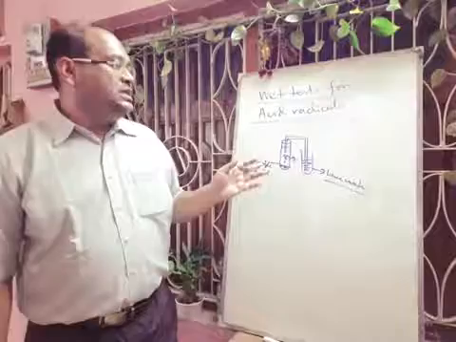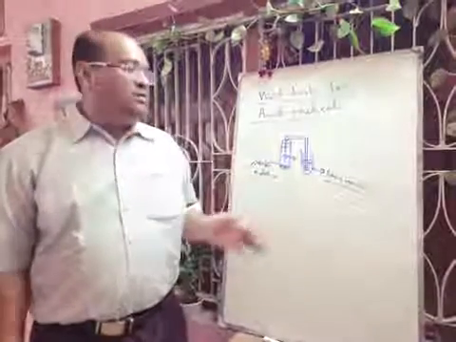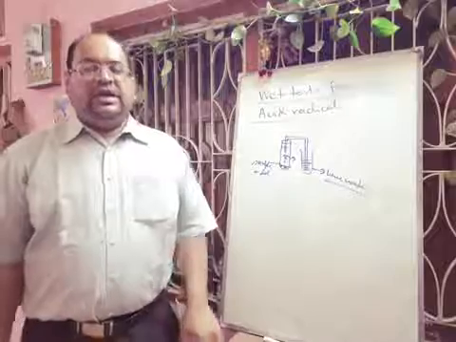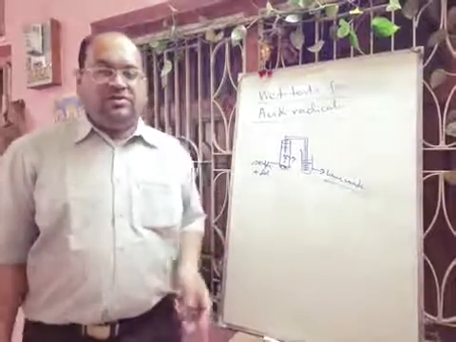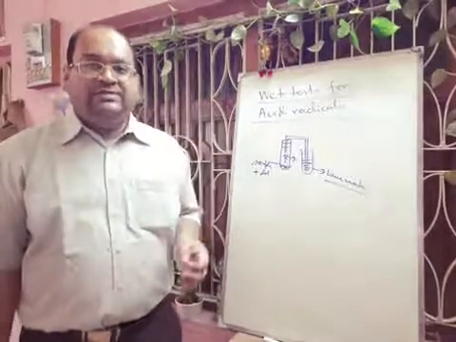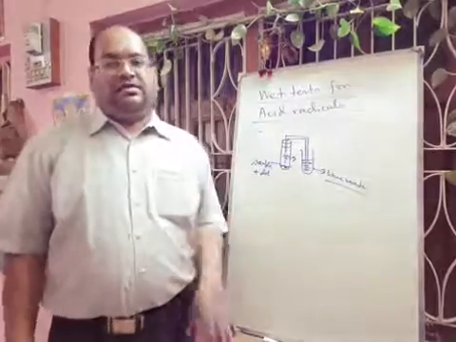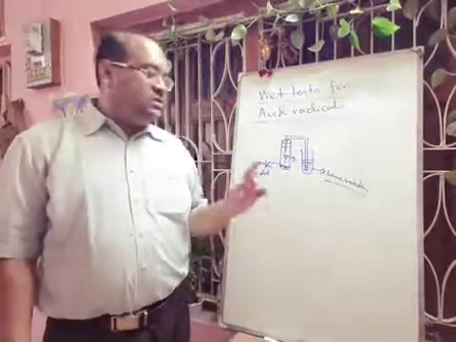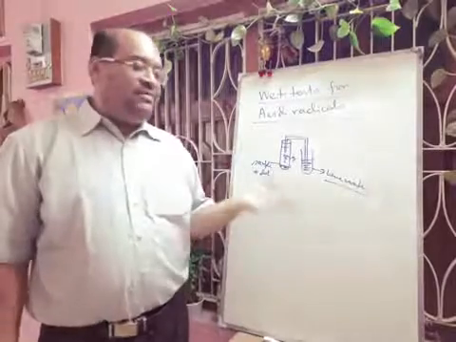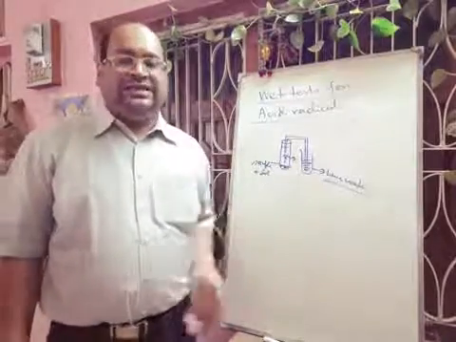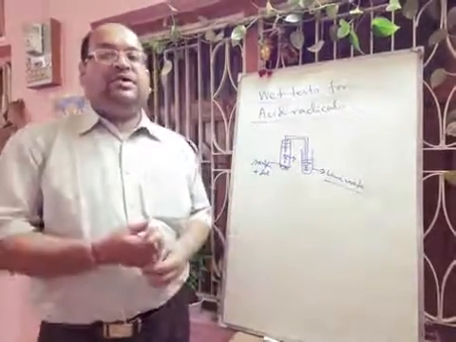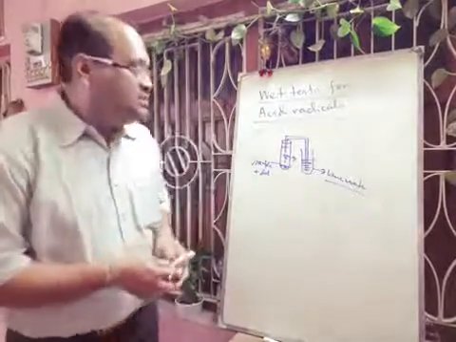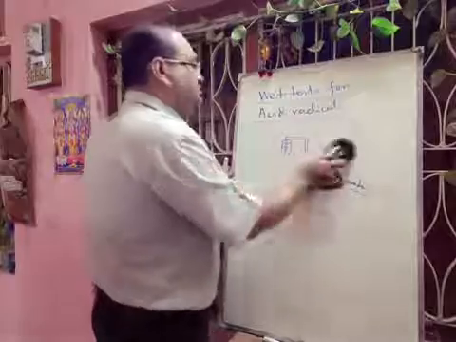Next, to another portion of the filtrate, we can add magnesium sulfate solution. If there is a white precipitate in cold condition, that confirms the presence of a soluble carbonate. Suppose ammonium carbonate is there. If you take a saturated solution of ammonium carbonate and add magnesium sulfate, there will be formation of magnesium carbonate and ammonium sulfate. Magnesium carbonate is insoluble, so from there also you can confirm that carbonate is present.